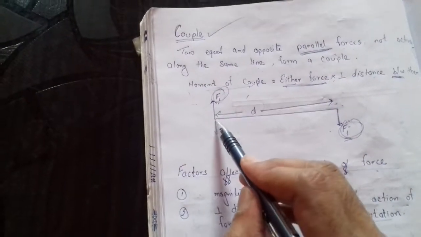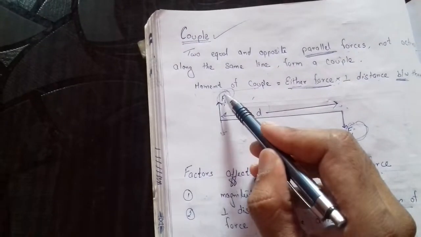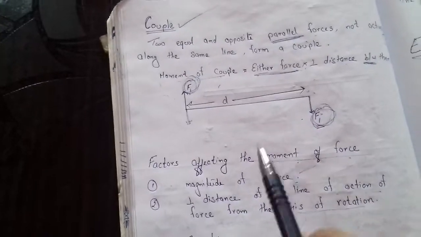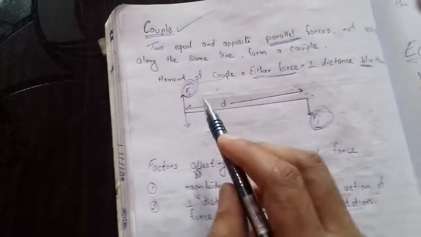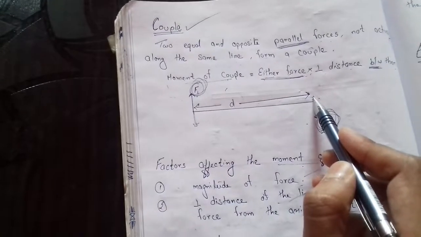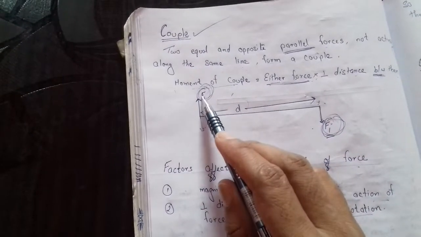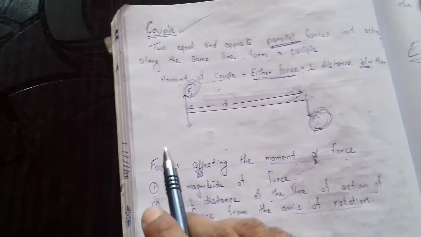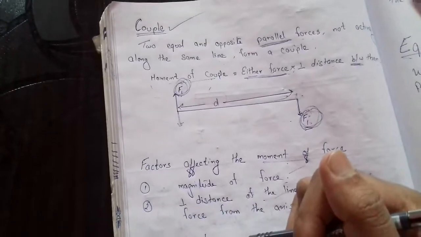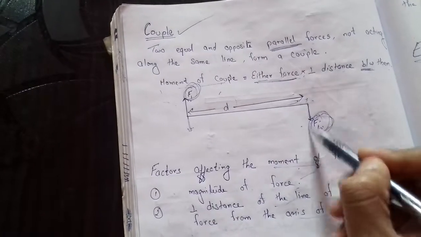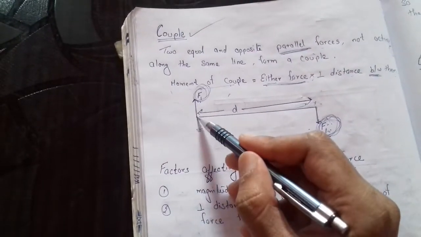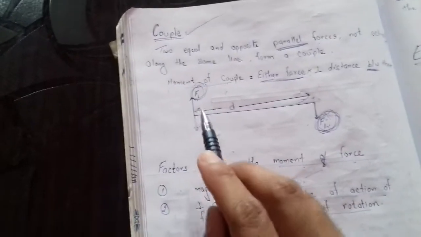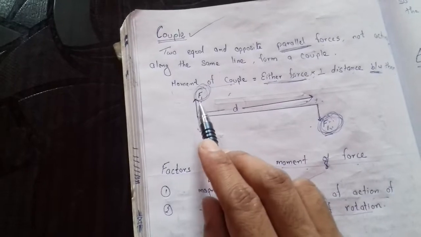You can see in this diagram that two forces, both of magnitude F1, are not acting along the same line. They are separated by the distance d. The distance between the two forces F1 and F1 is d. If they were acting along the same line, then this downward force would act just below this force. Here, these two forces are not acting along the same line.